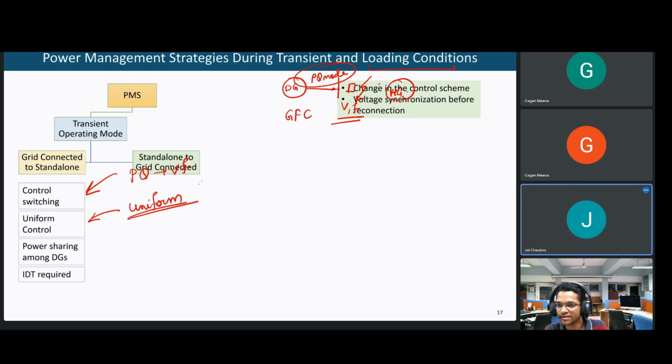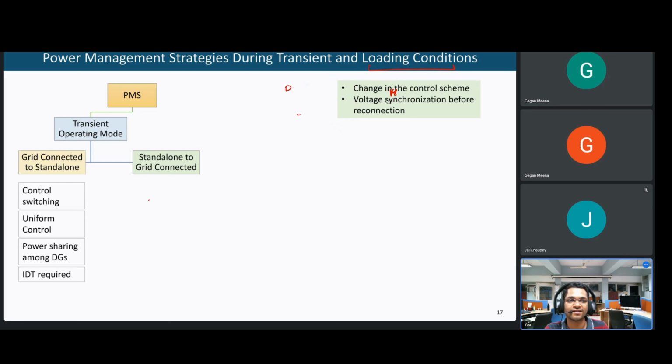Now the second transition is standalone to grid connected. In this also we need a change in control scheme. But apart from that, another important thing required in this case is voltage synchronization before reconnection, just as we do in the case of conventional generators also. But there you connect one individual generator. Here in a microgrid we have different types of generators, we have loads, we have even storage. So how to ensure